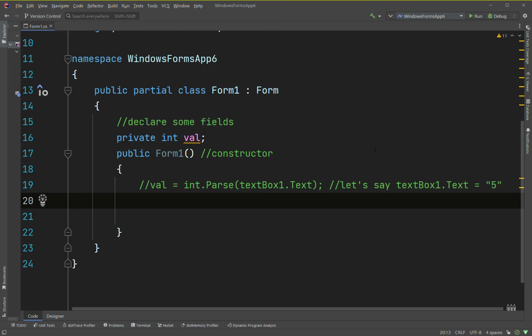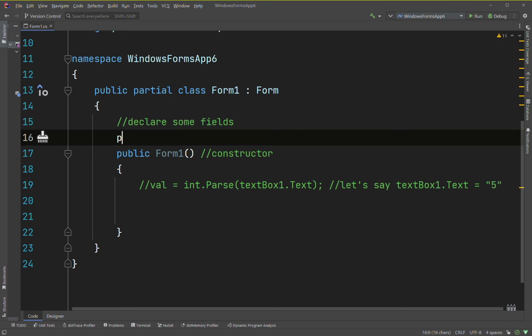Okay, so let's just continue on here. You can also do this with doubles. You just have to play around with it. Check the docs if they have the method, but you can always try it. So if we have a private double val, then we can say val points to